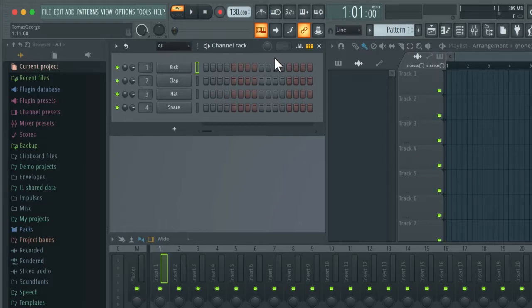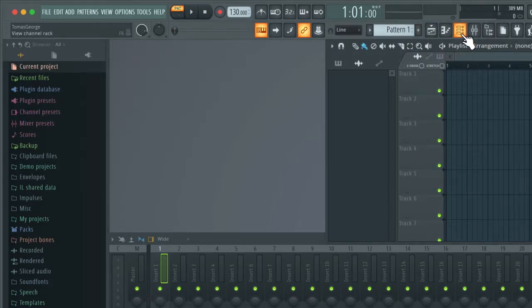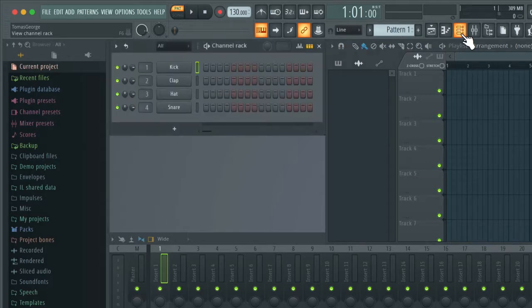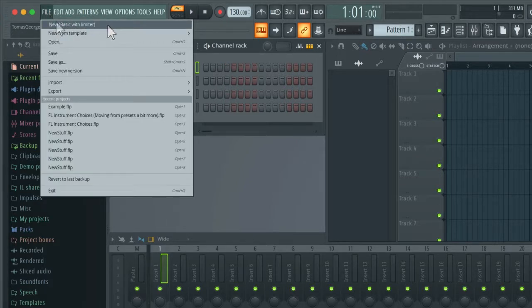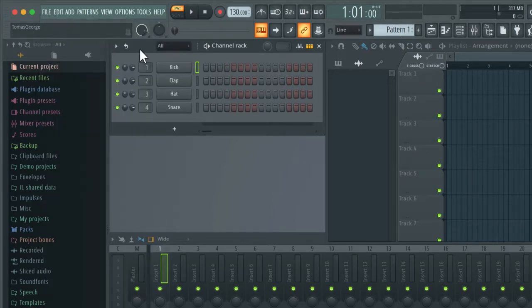If you don't see the channel rack, just press this icon over here, or use the shortcut F6 on Windows, or function F6 on Mac. When we start a new project inside FL Studio, we'll be automatically given these 4 channels. To get here, all we need to do is go to File, New, Basic with Limiter. If you don't have the same 4 channels as us for some reason, just go over to the browser